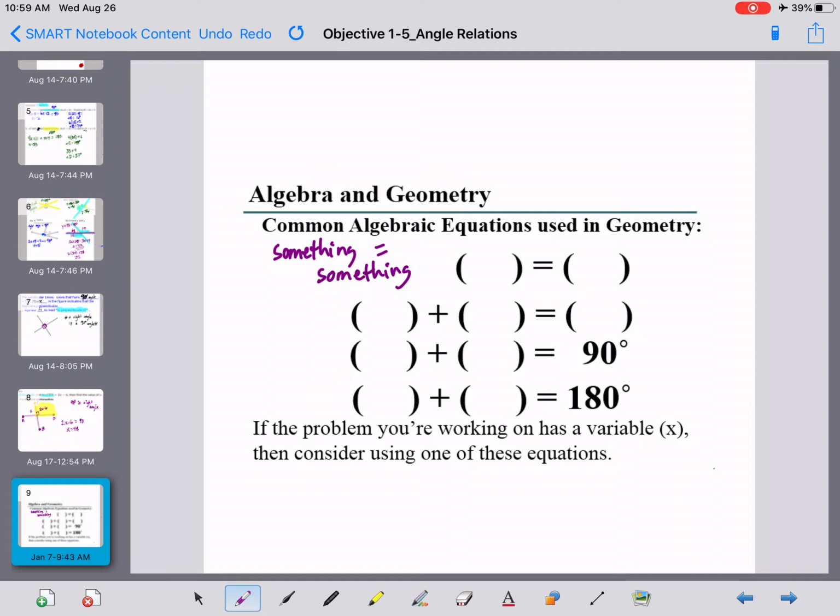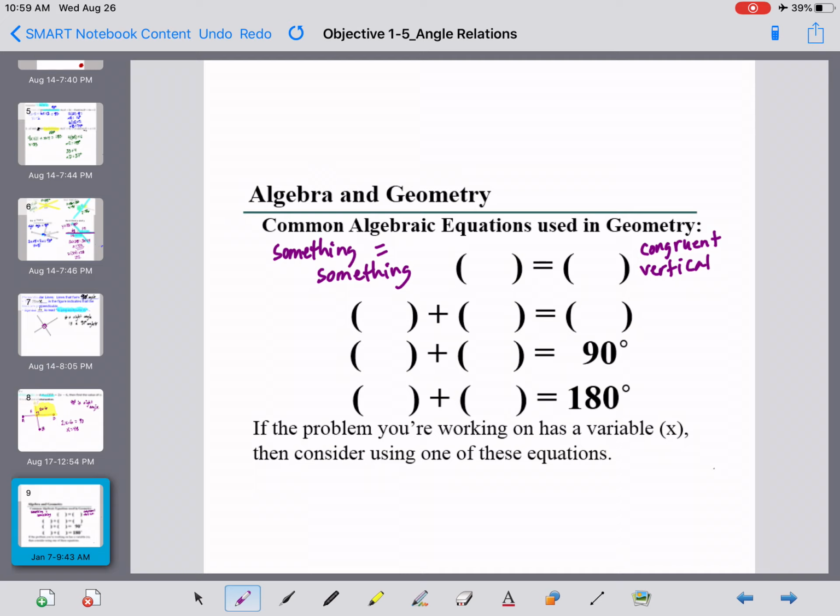We're going to have words like congruent, congruent angles, congruent segments. And today we've seen that vertical angles are congruent. So you'll learn that you're either going to set things equal to each other,